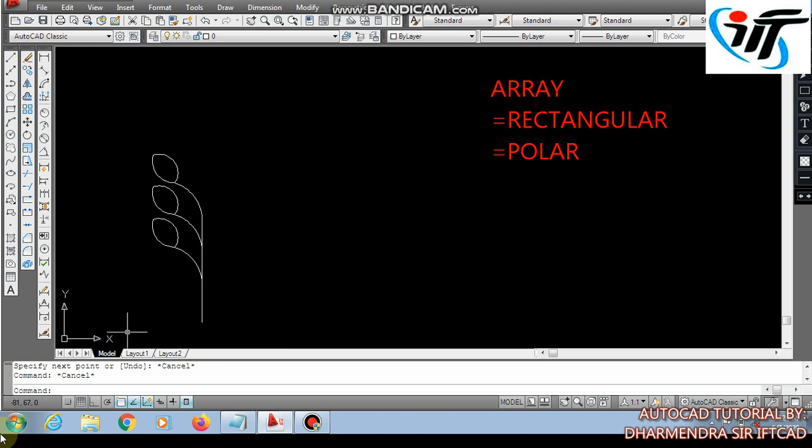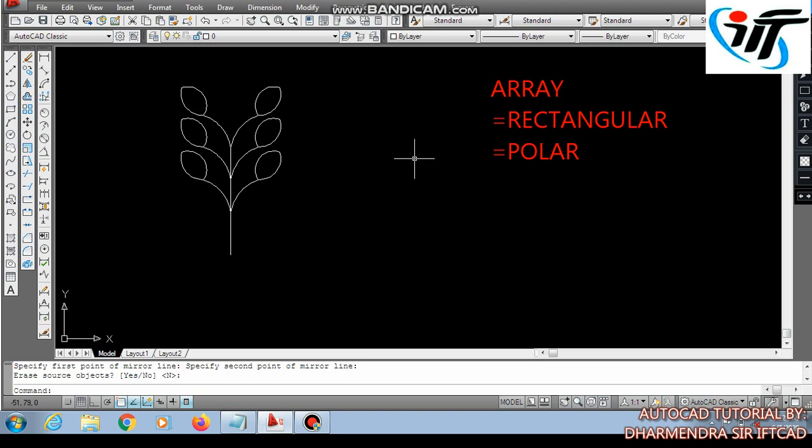Okay, now mirror the object. MI enter. Specify first point of mirror line. It will form a shape like this.